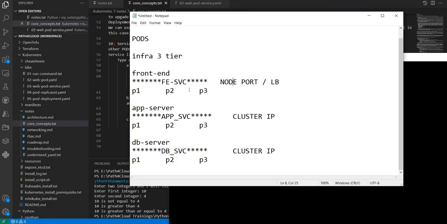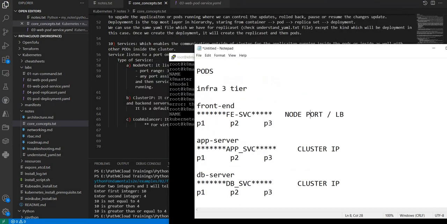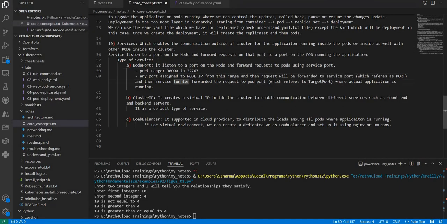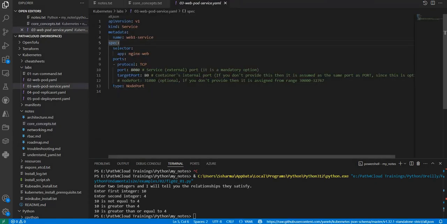your service will be exposed outside of the world using the node IPs, right? Wherever you have a worker node, you can do that. It is mentioned also here: it listens to a port on the node, and forwards requests to the port using the service port. That's what we see here, right? What we are doing is,